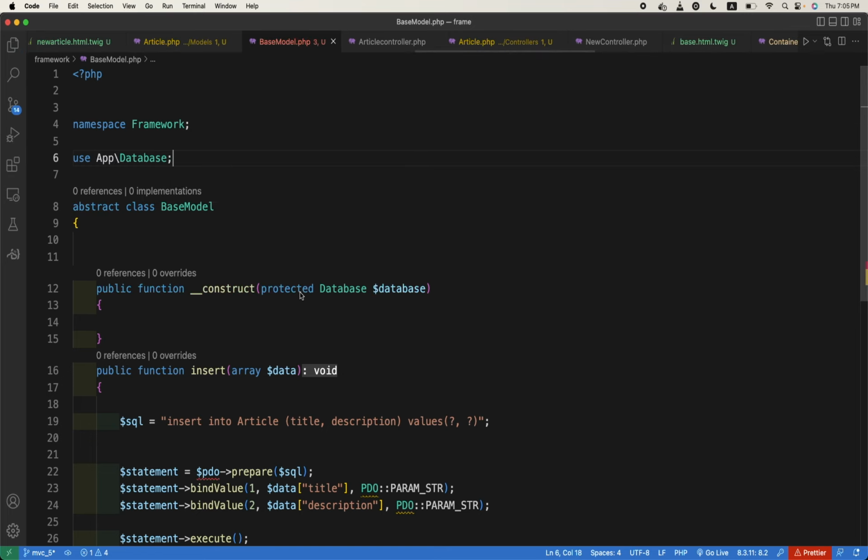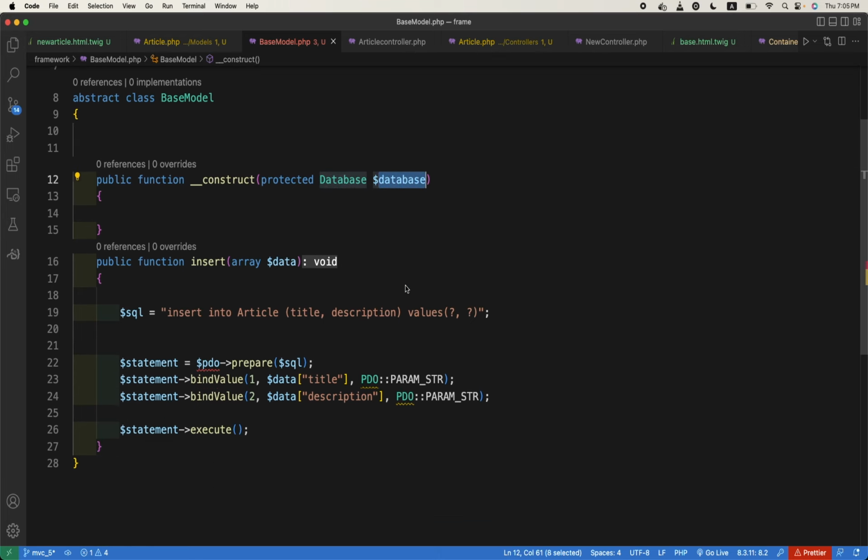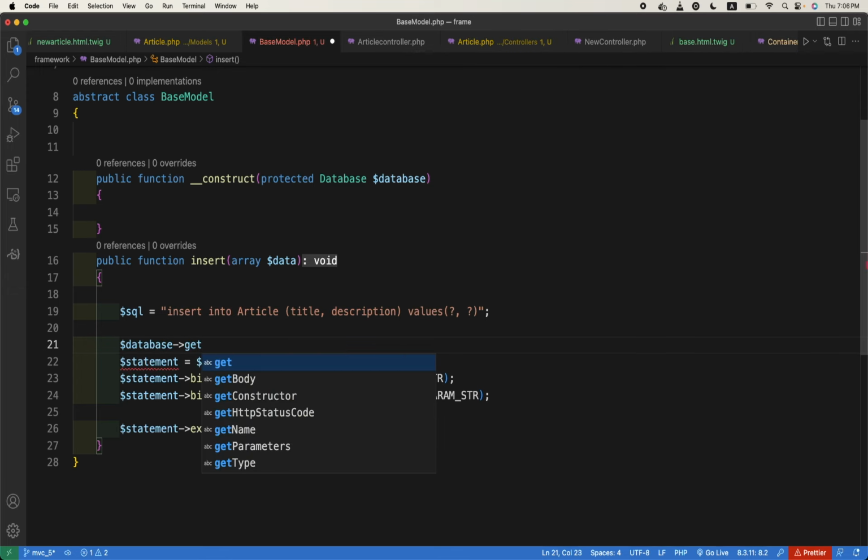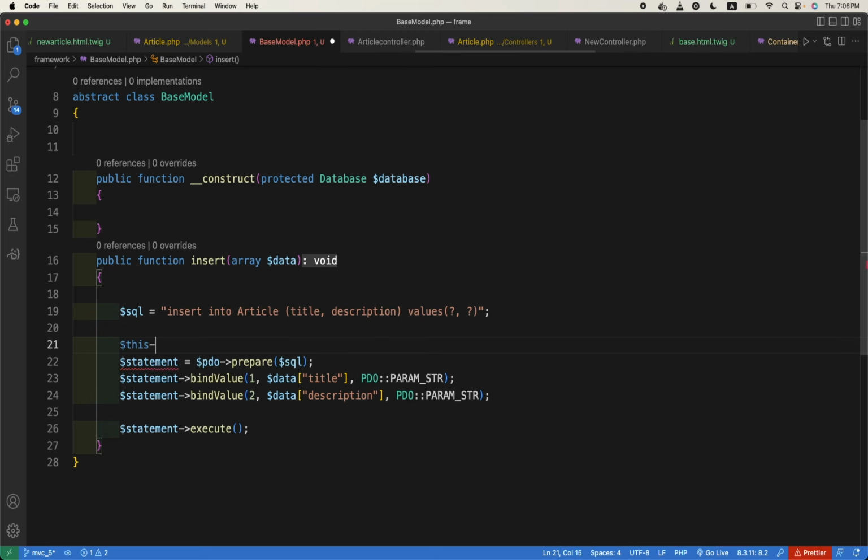Okay, so this database is now available, and if you remember how to get the connection, it always becomes available to us via the database get connection method, this->database->getConnection, and it returns what? The PDO object, $pdo, right? So now this becomes available to us,